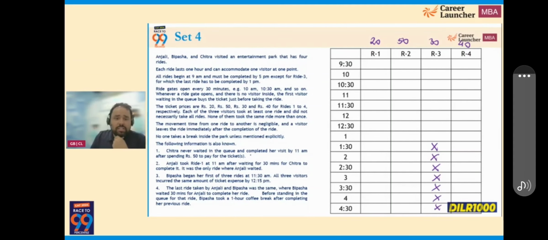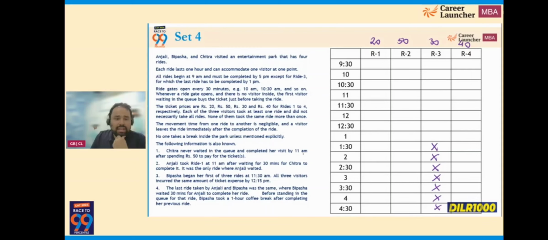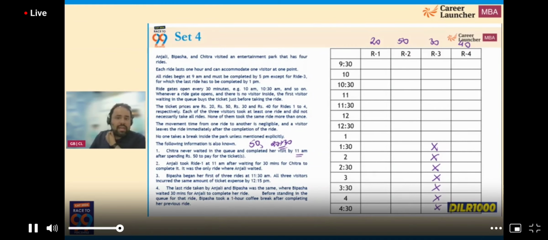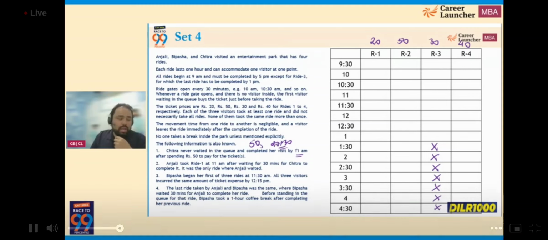Chitra never waited in the queue and completed her visit by 11 a.m. after spending 50. If she has spent 50 rupees, either she took one ride and spent 50, or she took the rides which are 20 plus 30. You will agree with this? Look, if she took 2 rides, then 1 night